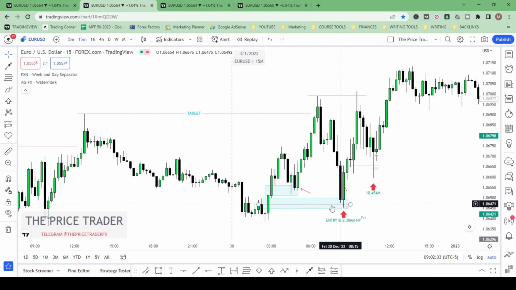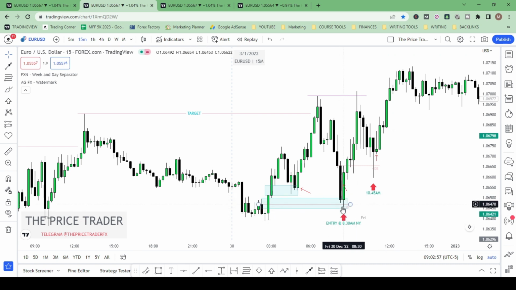Once the market gets here and hits that order block, that is when our interest comes in, because now we are anticipating the market to turn at this point. There's an imbalance, there's an order block, so there's probability, and there's this time factor. It is New York time, 8:30 a.m., the New York Killzone. So your entry will be taken